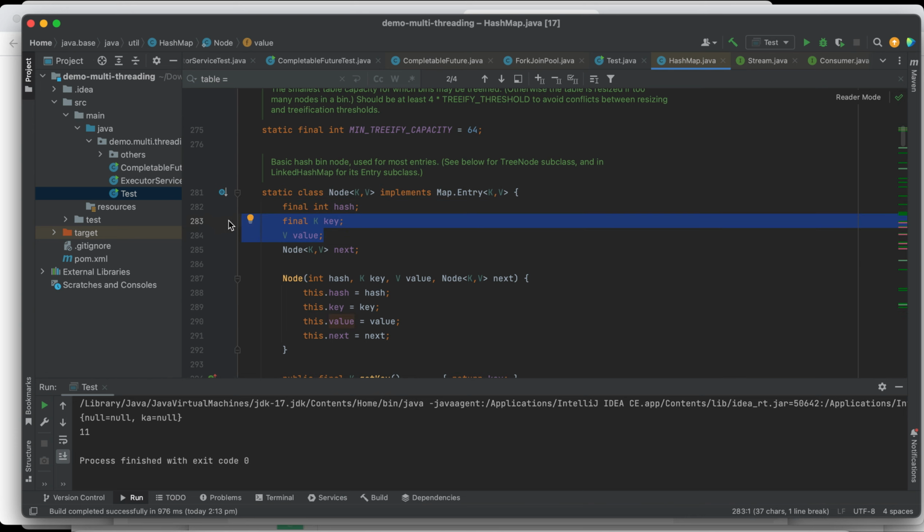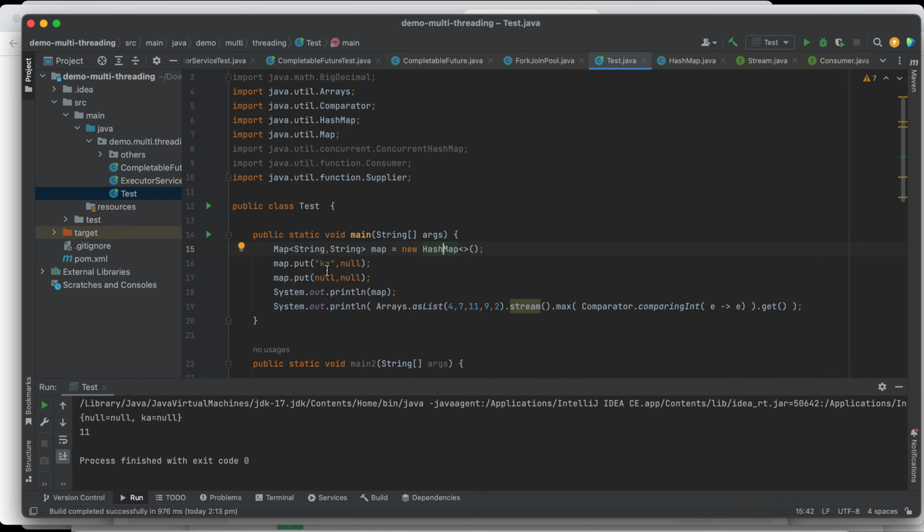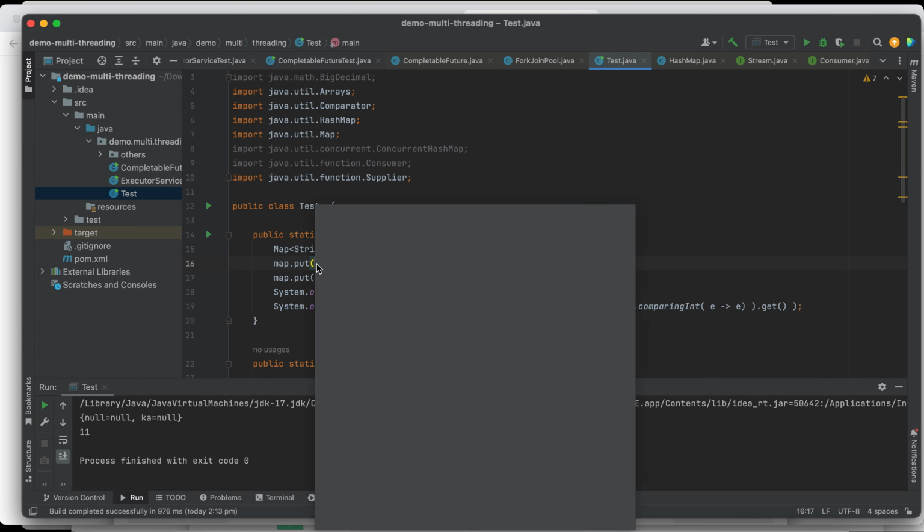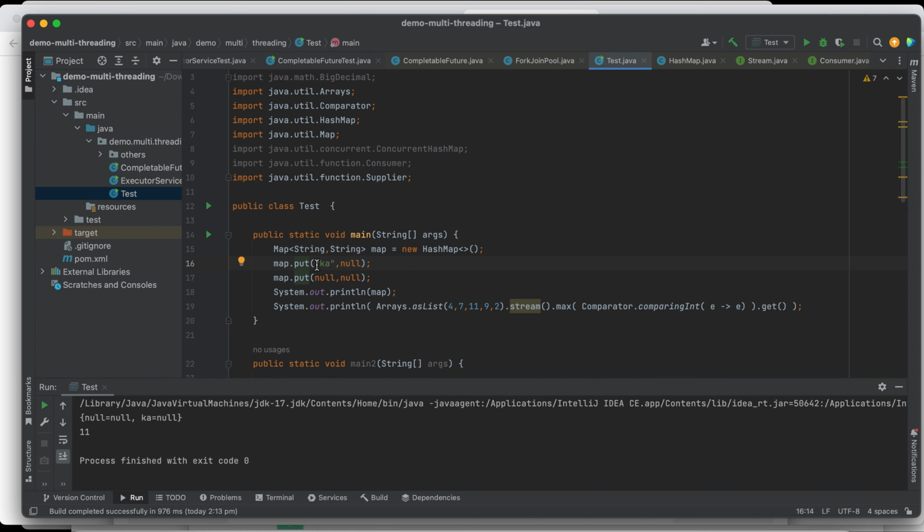Because this is the only thing exposed when you use the hash map. We can only pass the key and the value. The hash and next are used internally by the framework. So yeah, basically that's it. So I hope I explained it to you clearly.